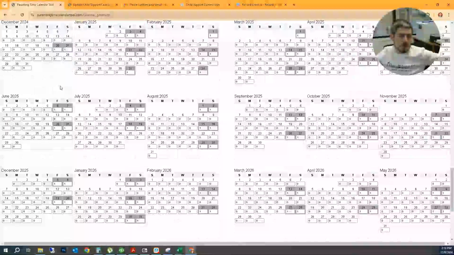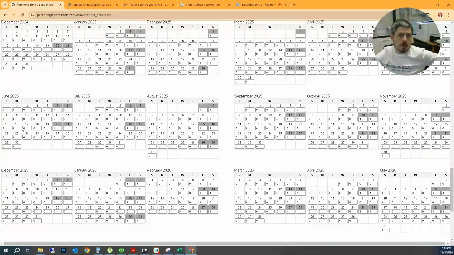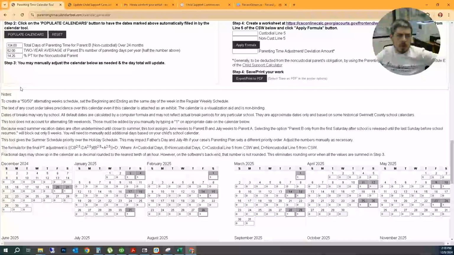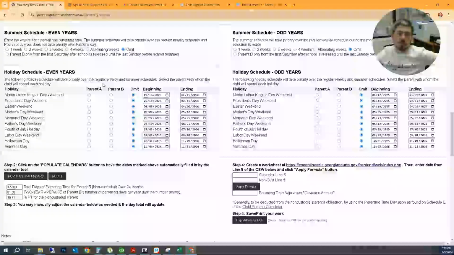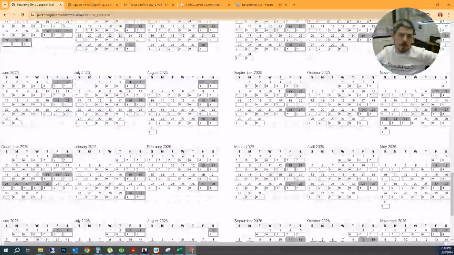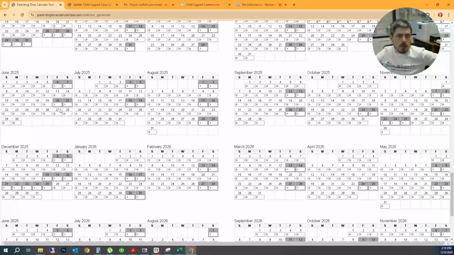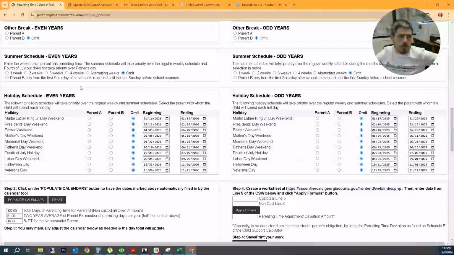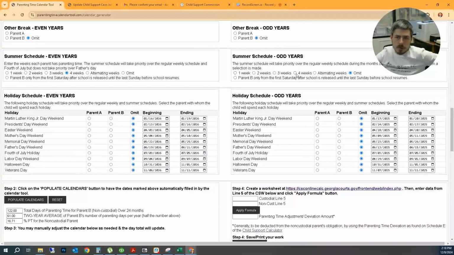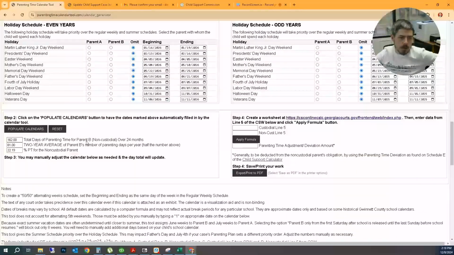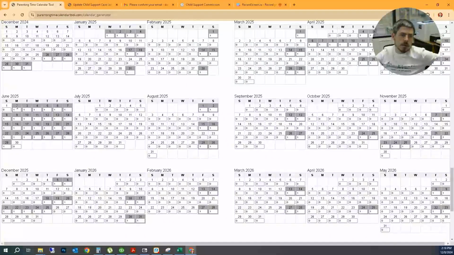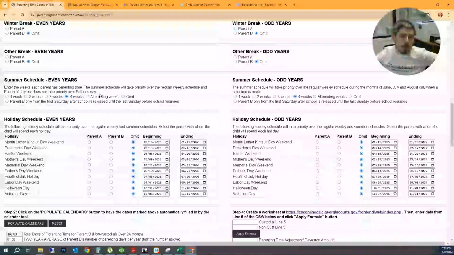So, if you look right now, June, July looks like a pretty standard every alternating weekend. Oh wait, let's see, populate calendars. Okay, here this includes all those holidays that I just did. So June and July. Now after I click the summer, let's see how it looks. So I did 4 weeks in the summer, odd and even years. Hit populate calendars. All right, you see it gives the non-custodial 4 weeks in June, gives the custodial 4 weeks in July. If I switched it to 2 weeks,